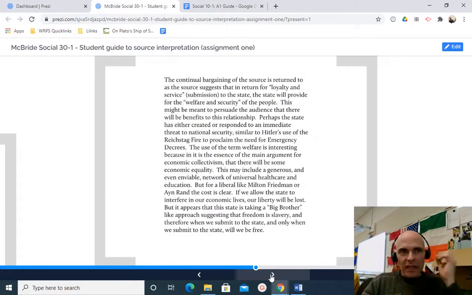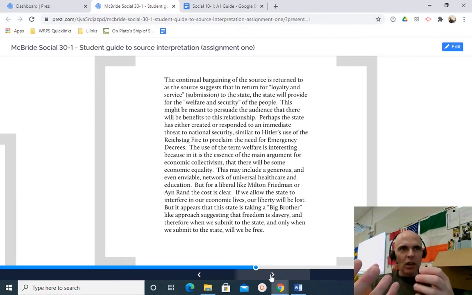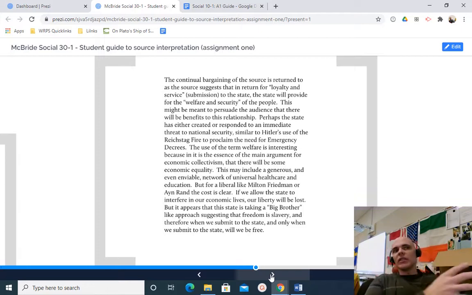And you can see, we continue to break it down. The continual bargaining of the source is returned to, as the source suggests that in return for loyalty and service, submission to the state will provide for the welfare and security of the people. This might be meant to persuade the audience that there will be benefits to this relationship. Perhaps the state has either created or responded to an immediate threat to national security, similar to Hitler's use of the Reichstag fire. The use of the term welfare is interesting because in it